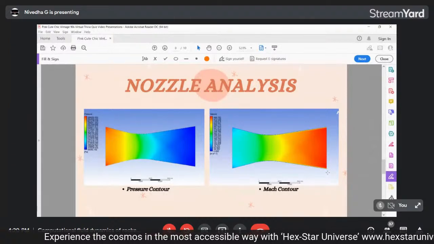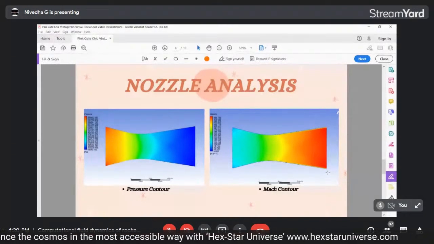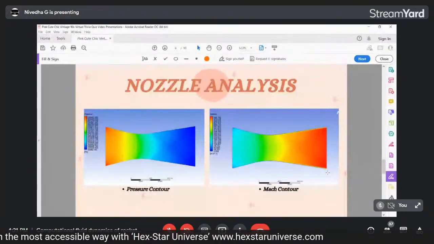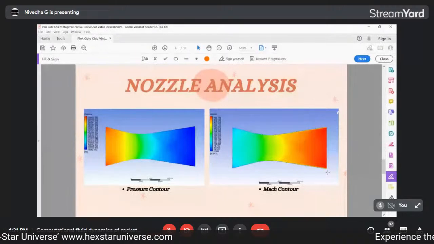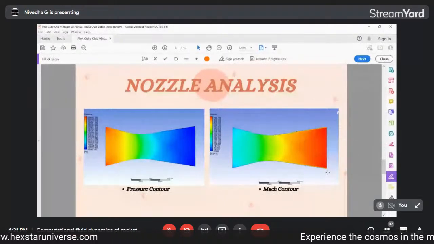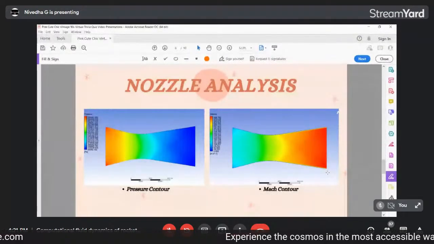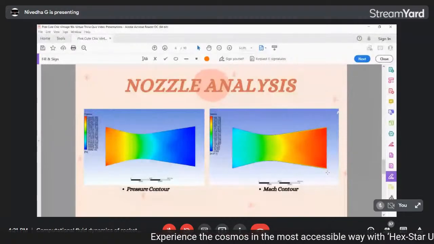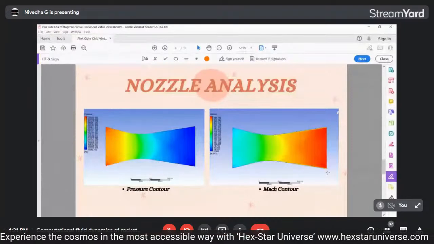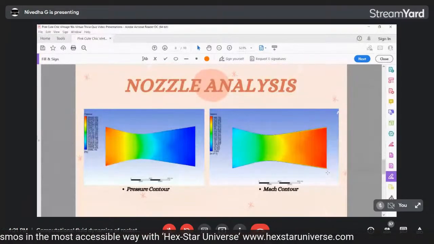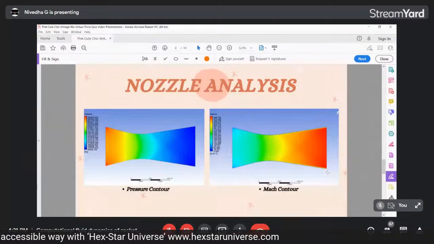And then if your exit pressure is greater than the atmospheric pressure, the nozzle is said to be underexpanded. And if the exit pressure is less than your atmospheric pressure, it is said to be overexpanded. So I don't want either of the two. I want just optimal conditions for 100% accuracy. So we have the contours here, and next we have